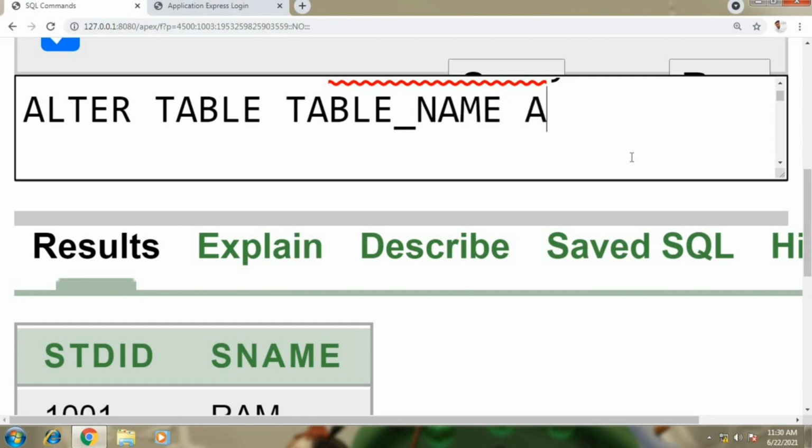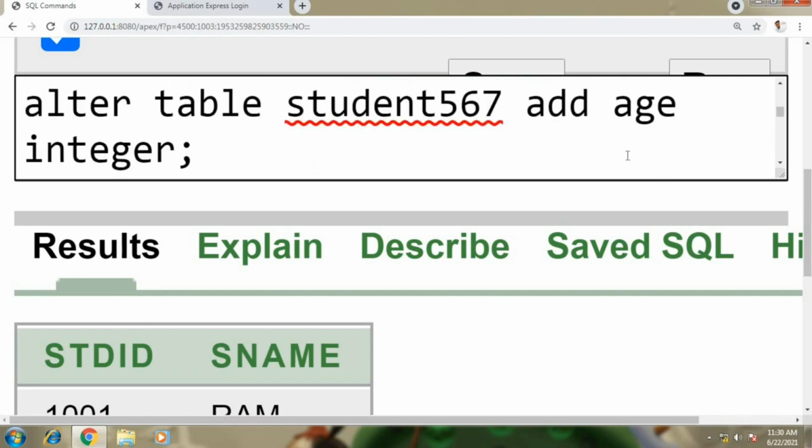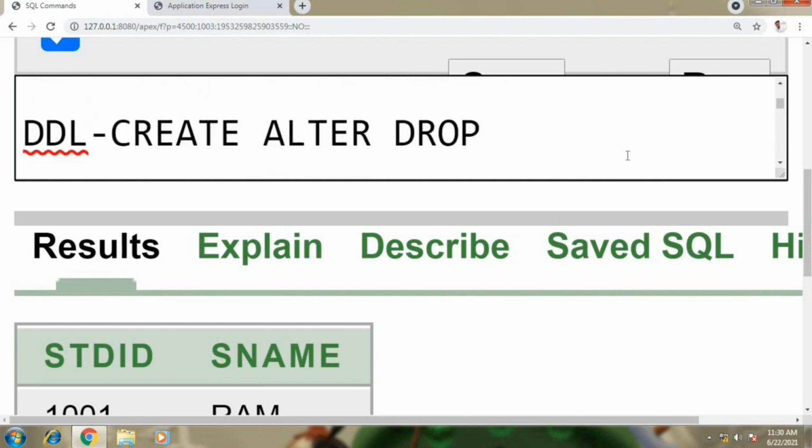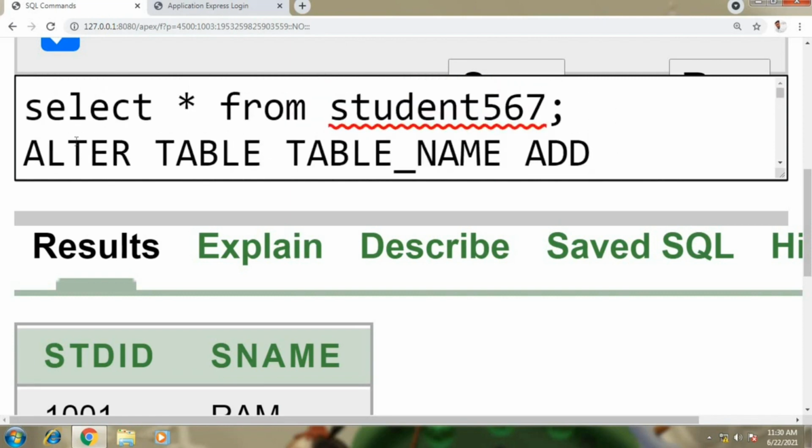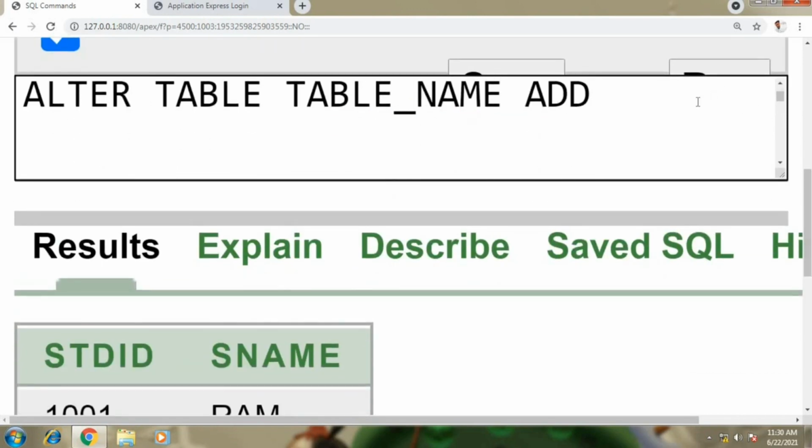And then if you want to add a column, you will be adding the column. If you want to delete a column, you can delete the column also. For adding we will be using add, and for deleting we will be using delete. When you are giving this, you need to give the column name that you want to add. Alter table, table name, add.